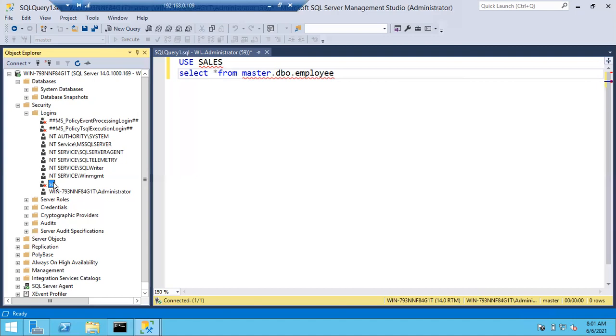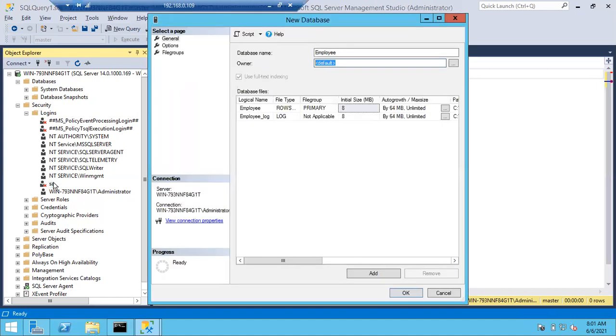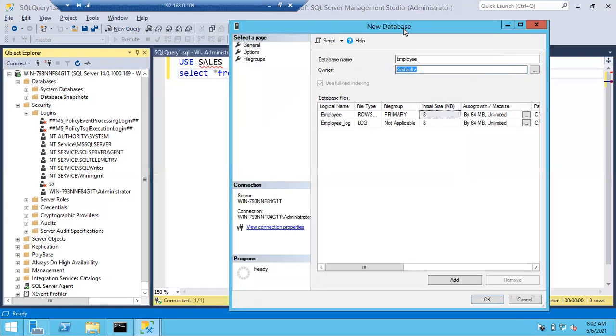Remember, guys, for all objects we'll mention SA as the login. In case I don't mention SA as the login, whoever is creating the database will act as the owner of the object. Object means a database, a job, and other things too. Stored procs and all those things we call objects. If I just click OK, you can see the owner. Default means whoever is creating the database is going to act as the owner.